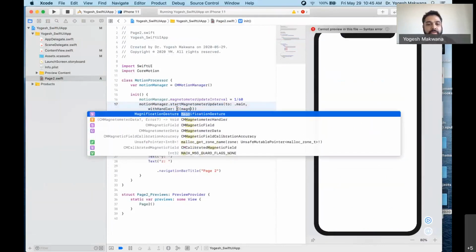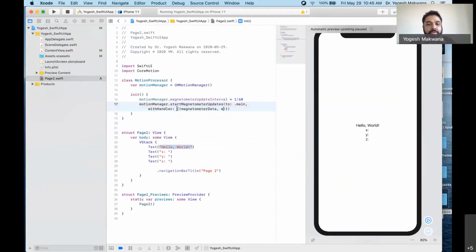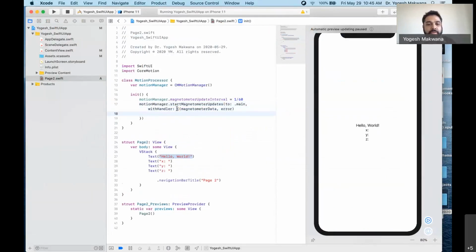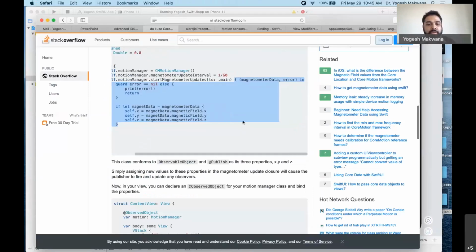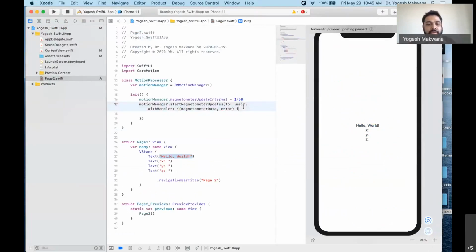So let's call it this. And what does it do with this information? Again, this is Swift syntax. It's declaring an inline function and it is receiving two arguments. I have to say "in." So basically, these are the arguments it received, and we are going to do something with them here. What are we going to do here? What we want is to read the